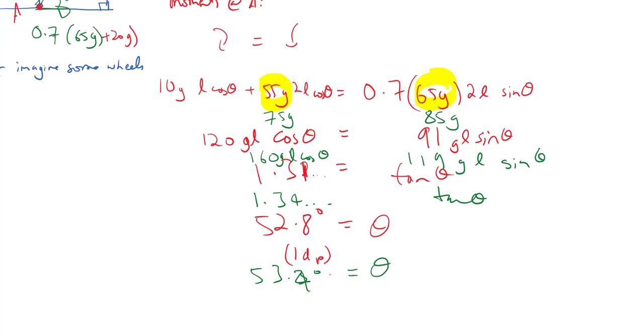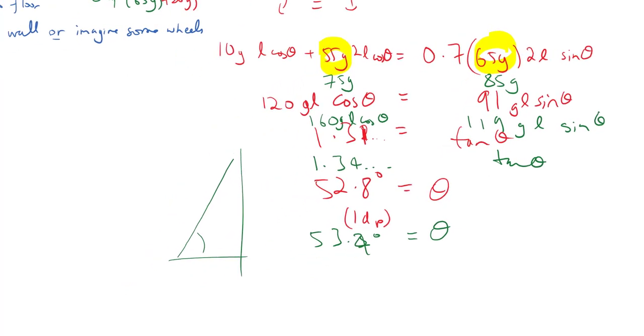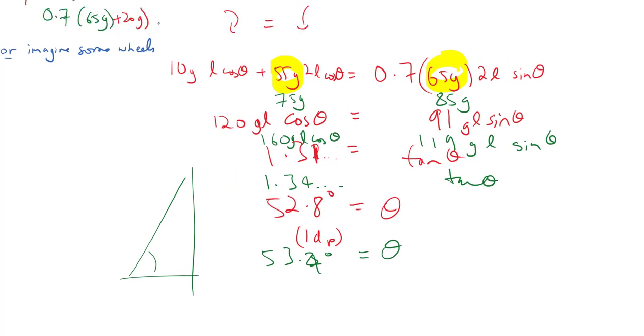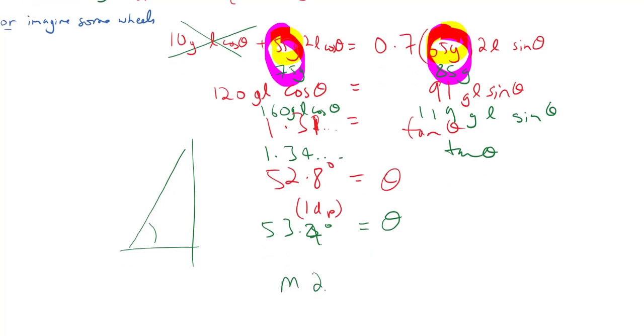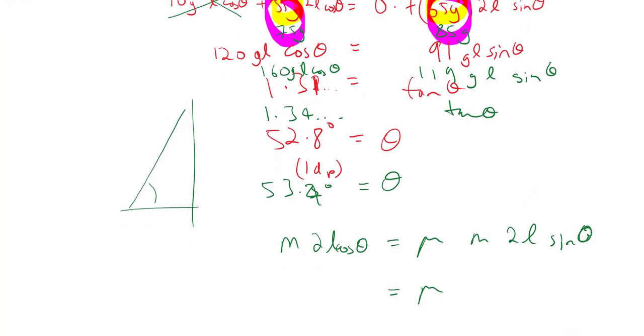That makes sense because if I put a heavier person, I need my ladder to be steeper, closer to the wall, and so it's not going to fall over. Well, actually, that doesn't show the whole story. If you imagine putting an even heavier person on there, or a heavier and heavier person, what happens? Well, the terms that are changing start to dominate. You could actually disregard this term because that becomes insignificantly small, and then you can see what happens. Well, then I'll just have m 2L cos theta is equal to mu m 2L sin theta. Okay, this is looking very familiar. Yes, you will eventually get to something like this, where mu is equal to, if we divide this through carefully,